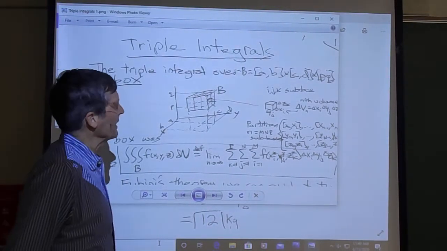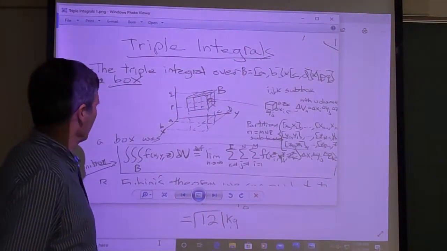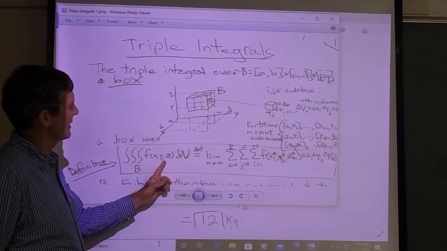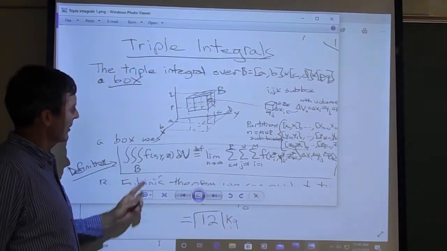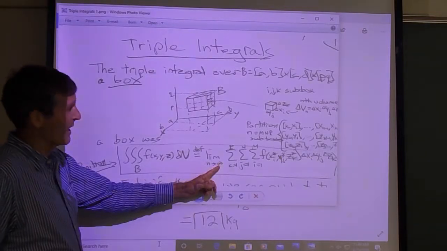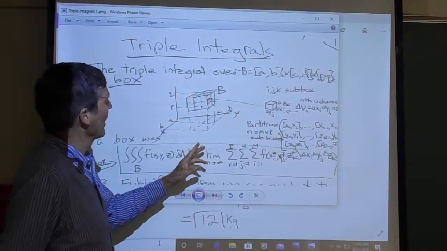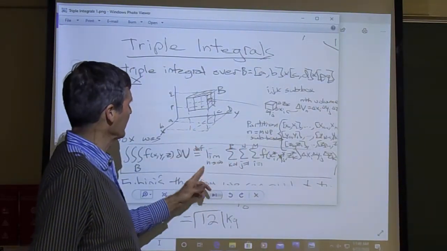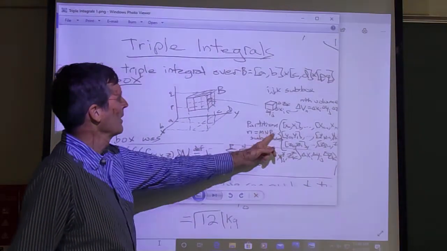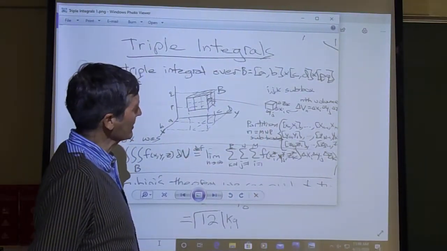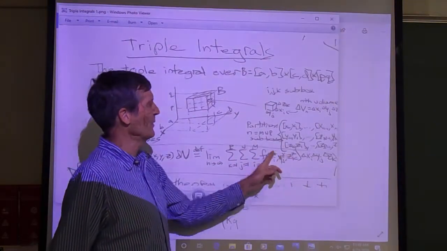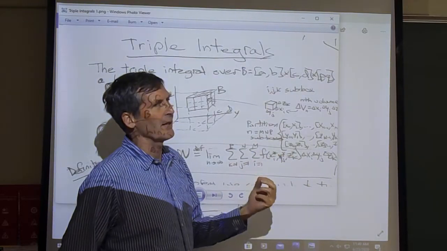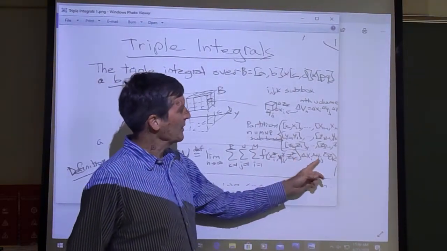What does the triple integral mean? Well, we'll make this definition of the triple integral over the box B of a function f of x, y, z dV. This notation means the limit as the number of boxes n goes to infinity, where I've broken this up into m, n, and p subintervals, and little n is m times n times p. That's the total number of boxes. And I sum in the fourth dimension, if you like, f of x_i star, y_j star, z_k star, any point in the ijk box, times delta V_n,